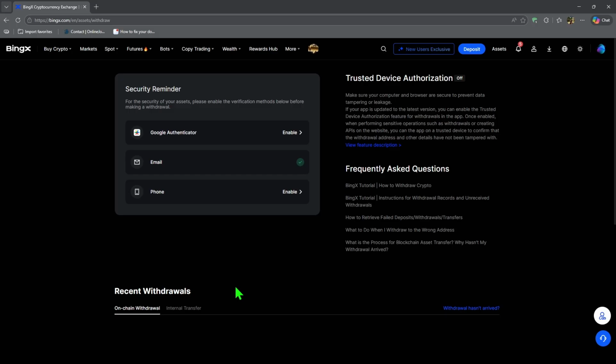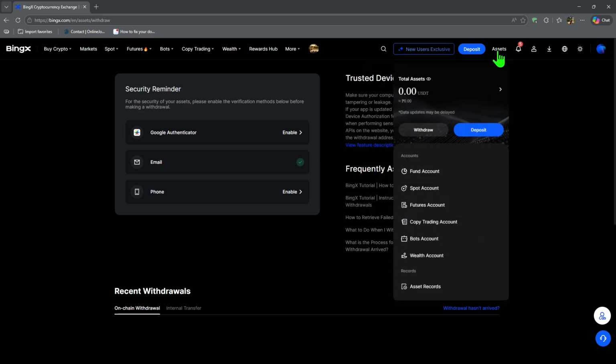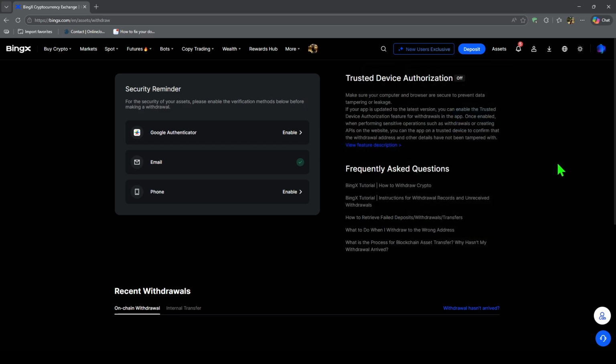One more thing to remember. If your goal is simply to move crypto off BingX, that is a different process. In that case, you would use the cryptocurrency withdrawal option instead of bank withdrawal. But if you want real money in your bank account, the standard flow is complete KYC, convert crypto to fiat if needed, open fiat withdrawal, add your bank details, and submit the